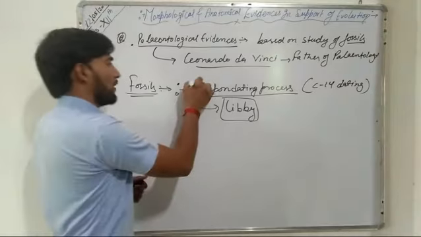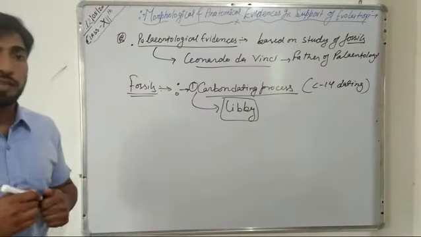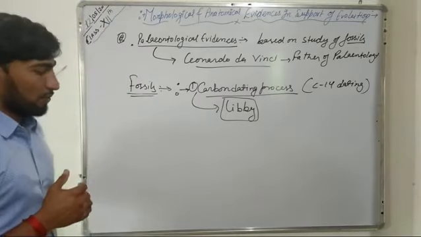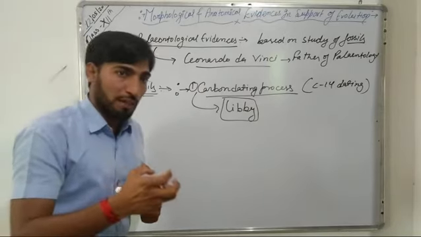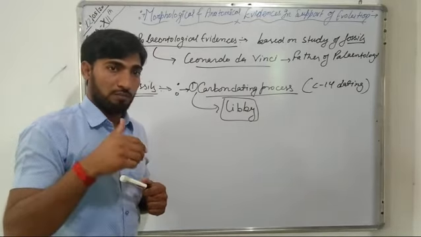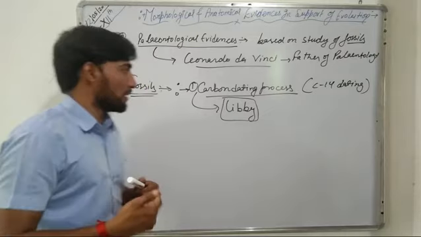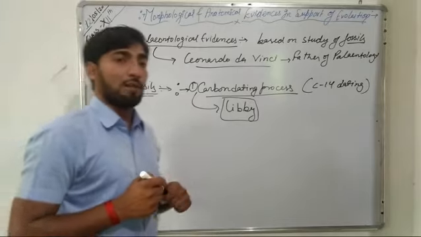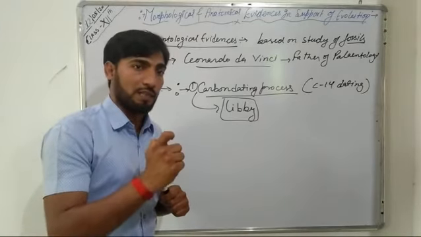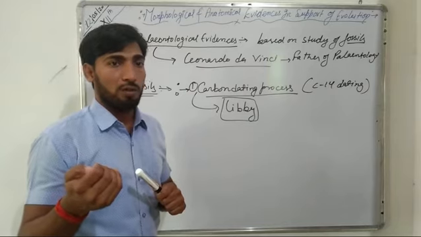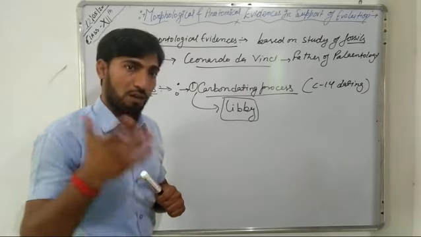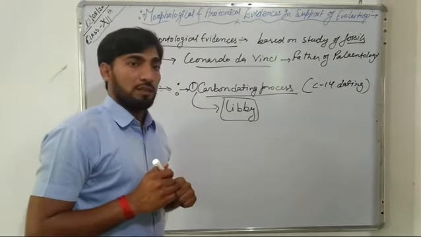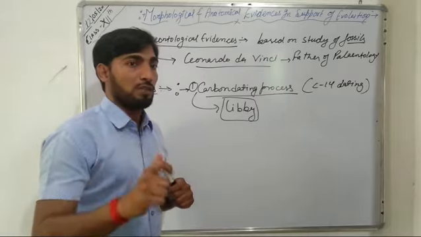There is one more method of finding out the age of these fossils, that is by the digging process, and during digging we see at how much depth the bone or skeleton has been found. In the carbon dating process, carbon has a tendency to decrease in a specific amount in a specific time period. So carbon dating is used to find out the age of fossils.